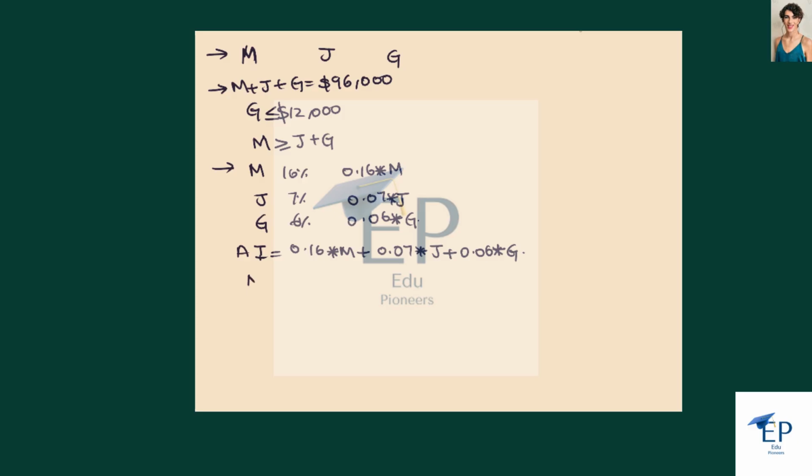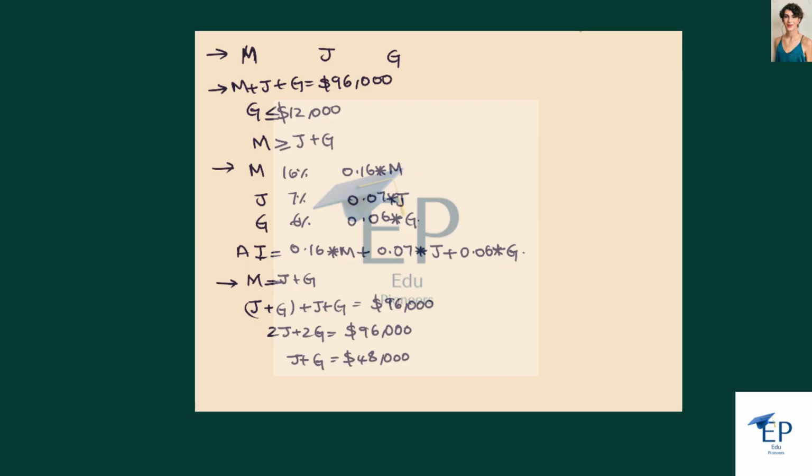So let M equal J plus G. Now let us rewrite the total investment, which is J plus G plus J plus G equal to $96,000. Substituting, it gives 2J plus 2G is equal to 96,000, where J plus G is equal to